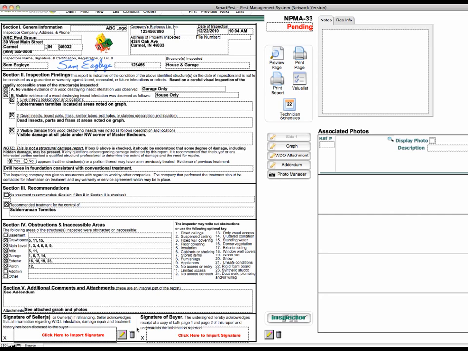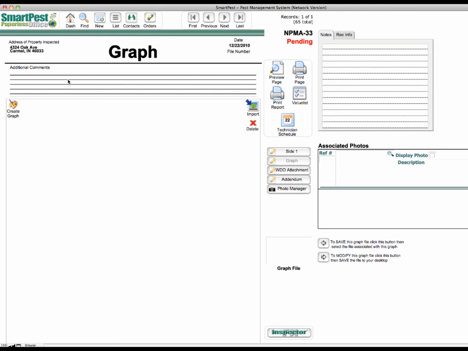If you have a tablet PC, you have the ability to capture the signature of a seller or a buyer should they be present. If we have a graph, click on the graph button, add additional comments, and you can click this artist palette, which will launch your default drawing program, which we talk about in the setup section. We also have a separate tutorial for creating graphs, which you will also want to view if you're going to